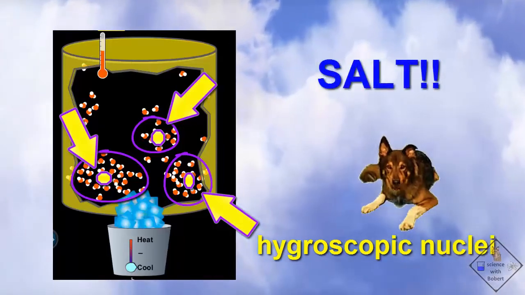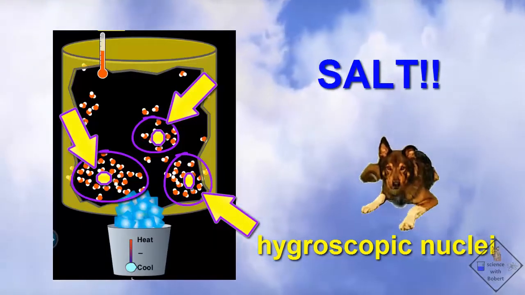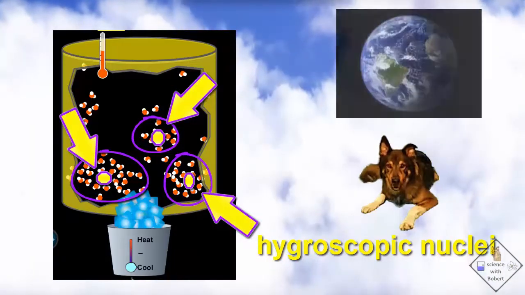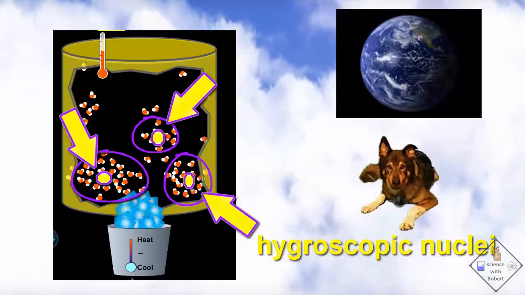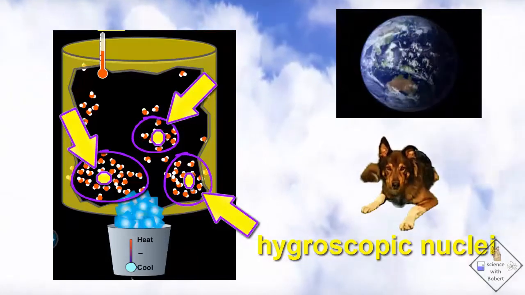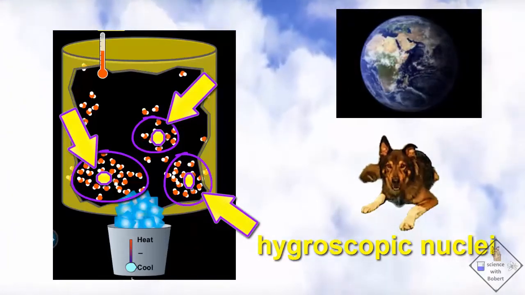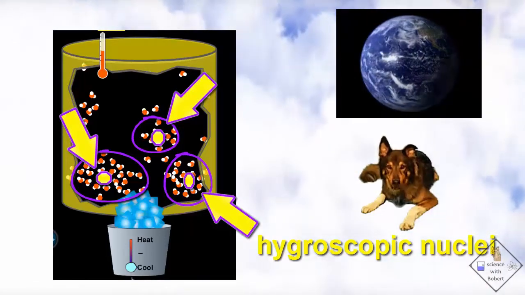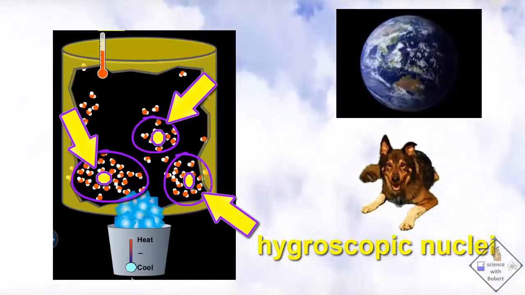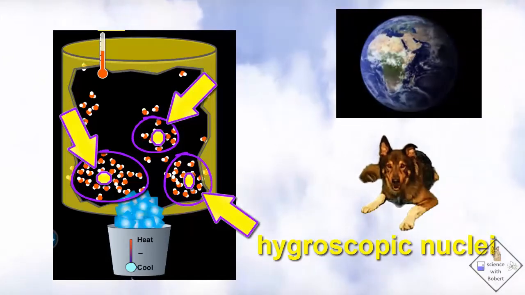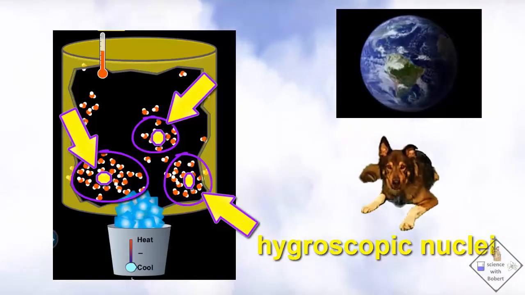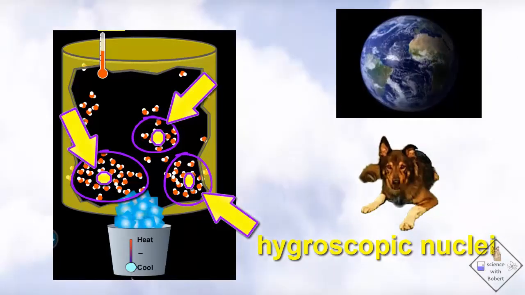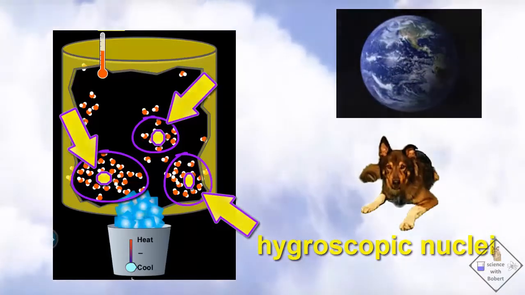How do all these tiny particles of salt get into our atmosphere? Salt water, our oceans, covers 75% of the Earth. When the sun evaporates ocean water, the salt remains in the air and gets picked up by the wind and blown all over the Earth. So why don't raindrops taste salty? The salt concentration is so low you can hardly even measure it, much less taste it.